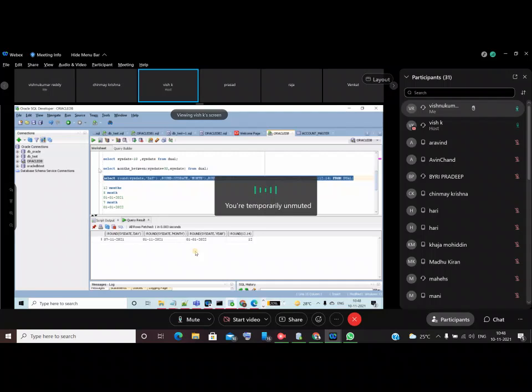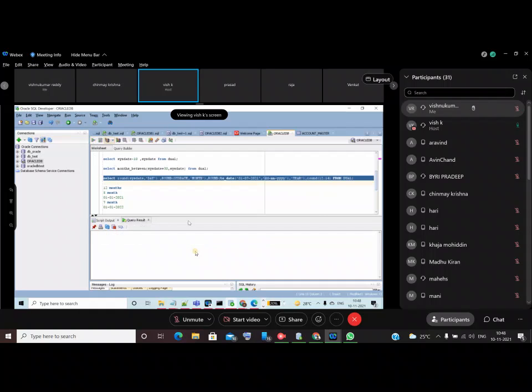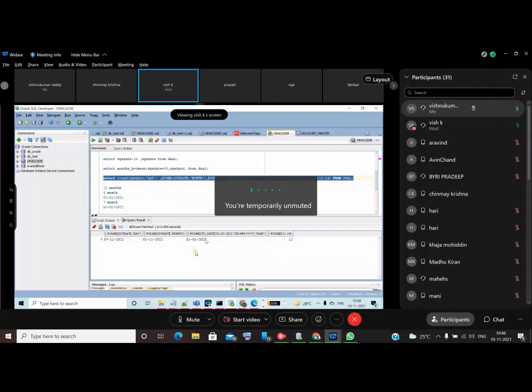The 2021 will come. So you can see 2021. Got it? If you pass, suppose seventh month, seventh month means 6 months above, right? So half of the year done. Then 22 will come. That is the round function. Okay. So compulsorily these functions in your project will come day to day, guys. Compulsory.